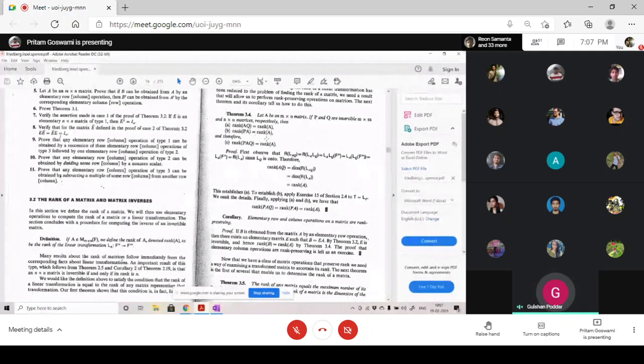So rank of which matrix will be the same? The rank of the multiplied matrix AQ will be the same as the previously given matrix A. Initially you have only A. So basically, if a matrix A is given and you multiply from left or right, it doesn't matter. If you multiply with an invertible matrix, the rank of the matrix after multiplication and before multiplication is equal.